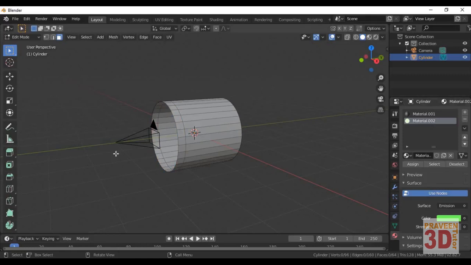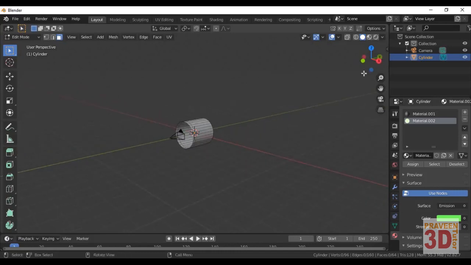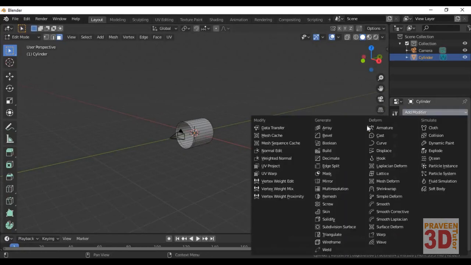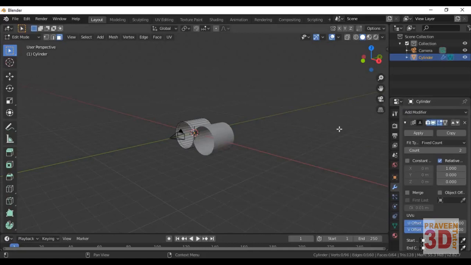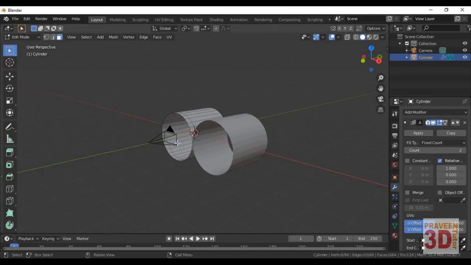Next guys, you need to use modifiers. Why? So that we can connect every cylinder continuously. Go to modifiers, add modifier and select the array modifier. As you can see, it's a relative offset, placing copies beside the original.